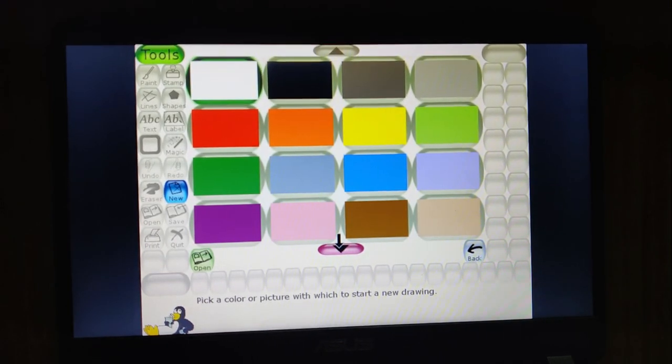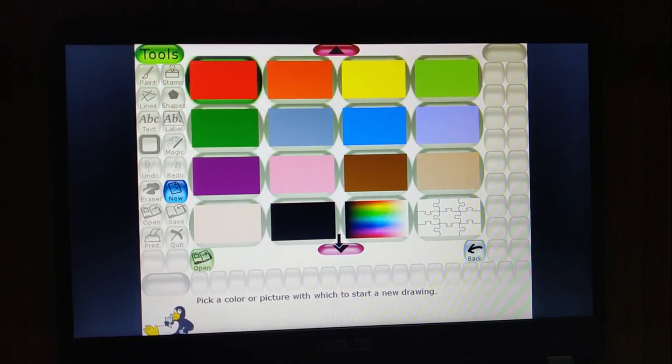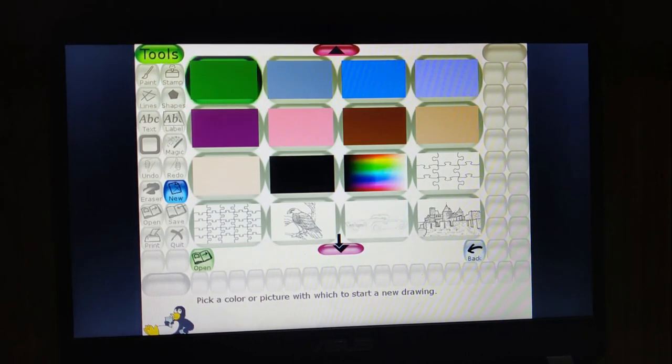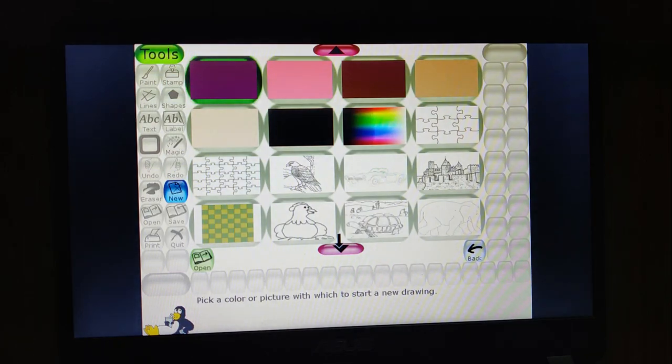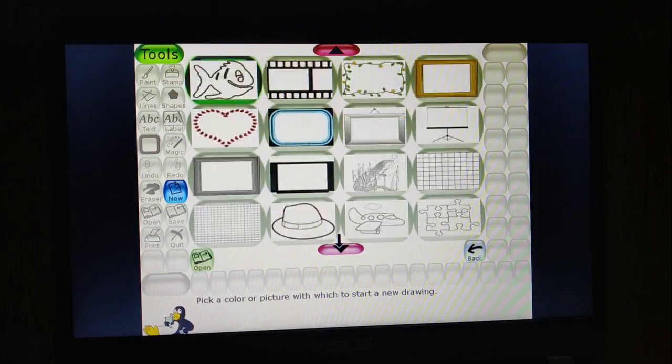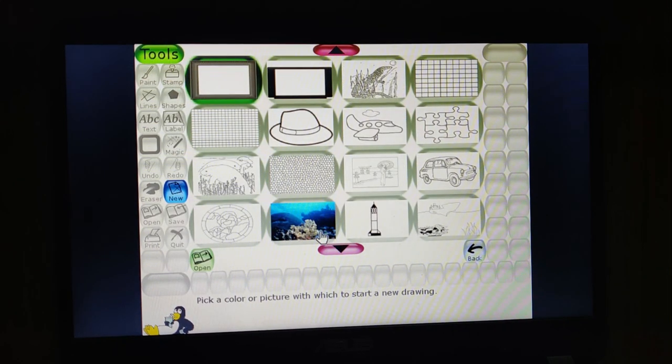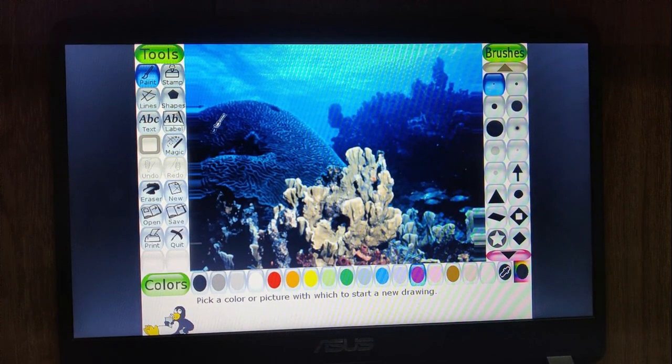And when you use the down arrow, you can see other options are available with black and white outline pictures or 3D pictures like this. Okay, clear? Now if you want to select this 3D picture as a canvas on your screen, select that picture and use the open option. When you click on the open option, your canvas will change.